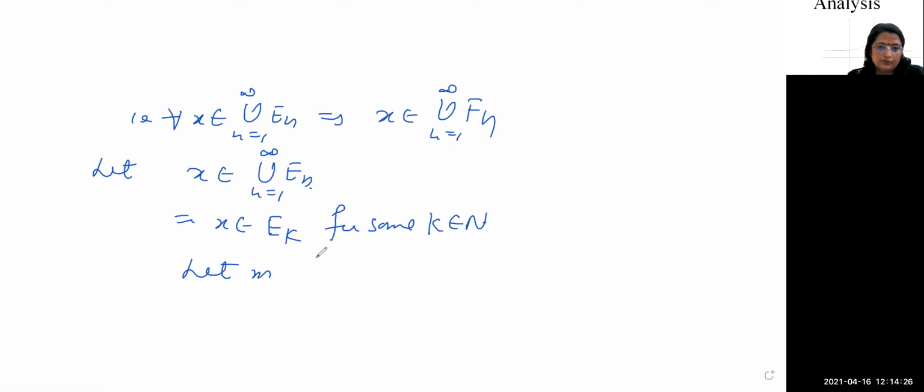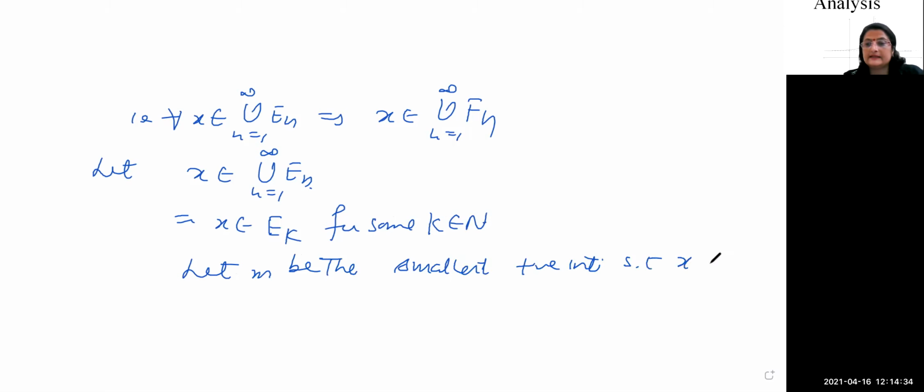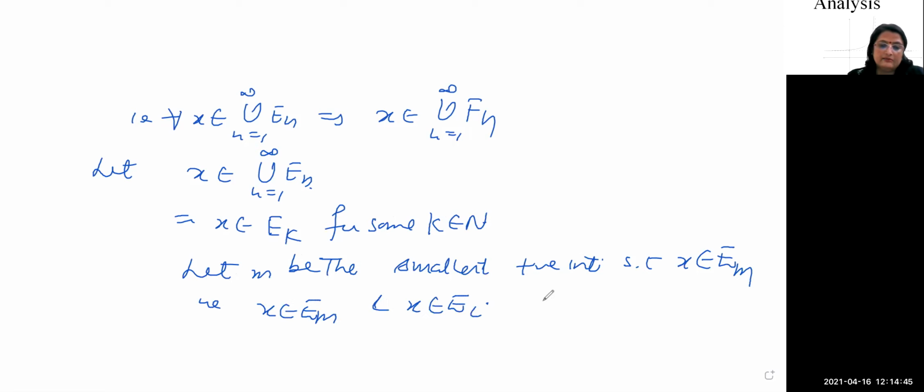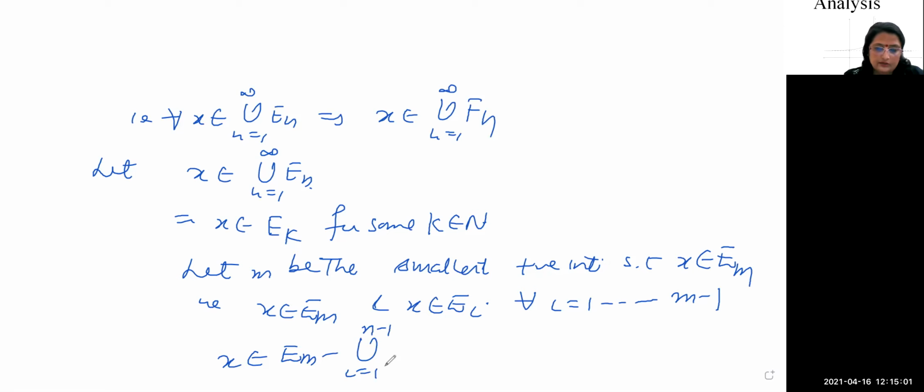Let small m be the smallest positive integer such that x belongs to Em, राइट। दैट इज, अगर x Em में आ गया तो x किसी और Ei में नहीं आएगा, for all i equal to 1 to m minus 1, ठीक है। किसी एक में आना है तो हमने किसी Em में ले लिया, मतलब बाकियों में नहीं आया। इसका मतलब x सिर्फ Em में है, बाकी जो है वो निकाल दिए, i running from 1 to m minus 1, ऐसे लिख दिया, ठीक है जी।